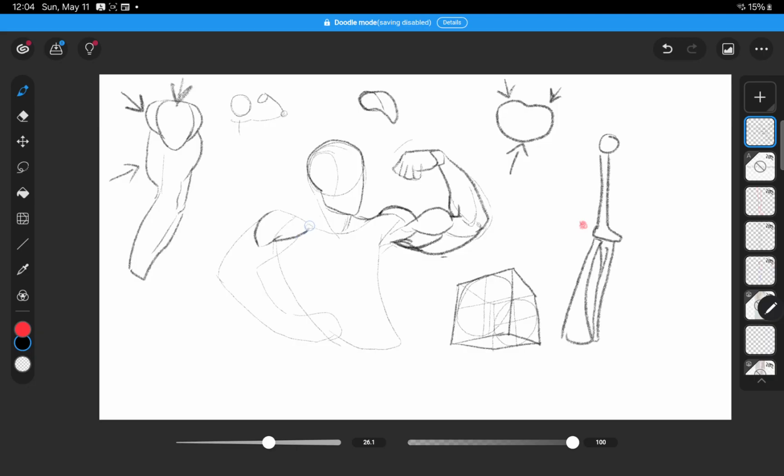Okay. So that's one side, and that's the other side. Dang, that shoulder looks good. All right, and then we have our tricep,